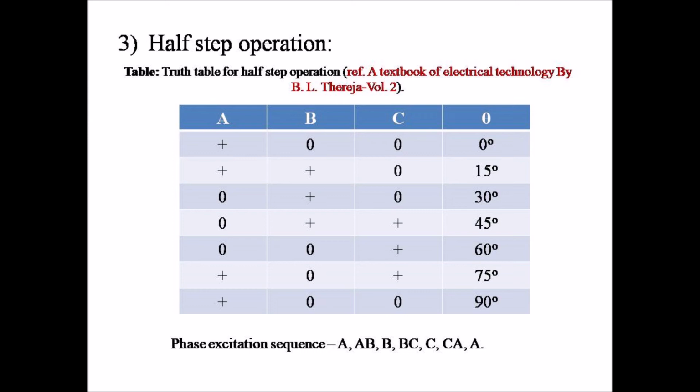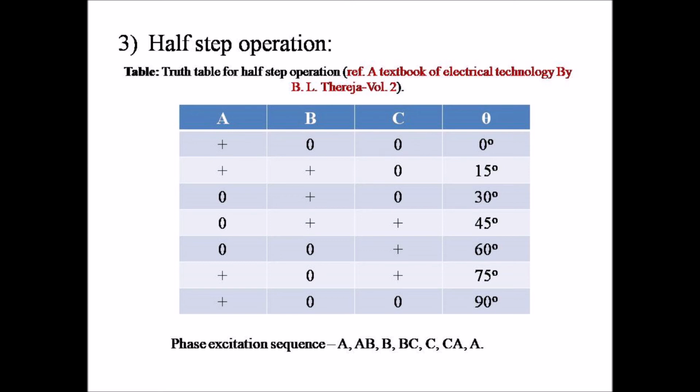Next, energizing the two phases A and B simultaneously results in the rotor movement in clockwise direction by 15 degrees. Next, when phase B is energized, the rotor teeth 2 and 4 align with the stator teeth 3 and 6 and result in rotor movement by 15 degrees and so on. The detailed sequence is shown in the truth table. Therefore, in the case of half-stepping mode, with each pulse, the rotor moves by an angle of 15 degrees in clockwise direction. It takes more steps to complete one revolution.